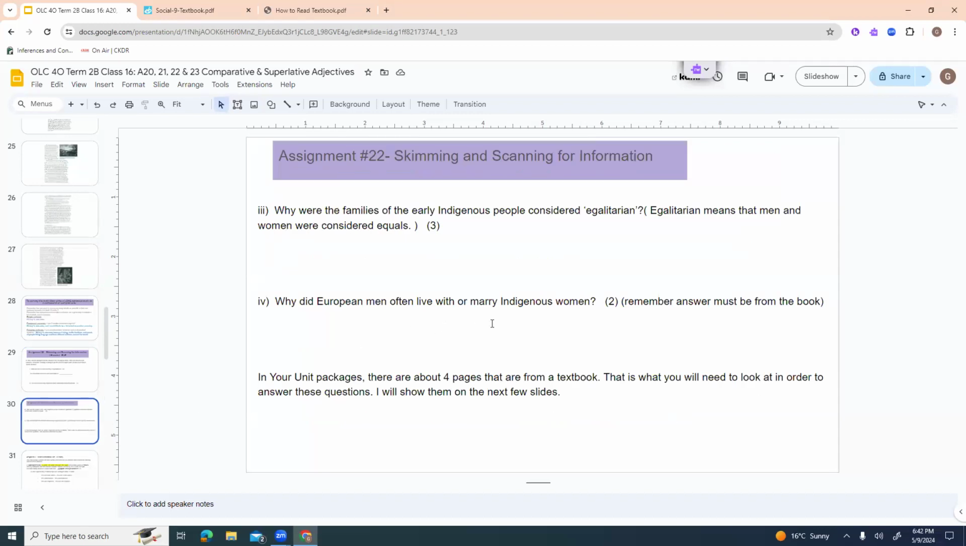Why were the families of the early Indigenous people considered egalitarian? Okay, egalitarian is a big fancy word that just means that men and women were considered equals. So what was going on that had Indigenous families considered egalitarian? And again, you don't have to think of an answer. You just look in the textbook and you will find the exact words that tell you what the answer is,